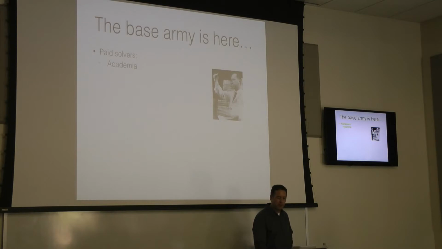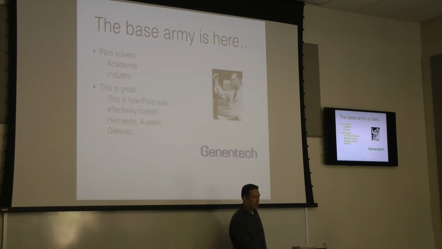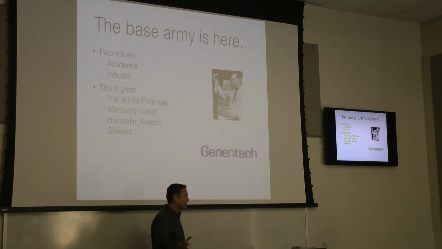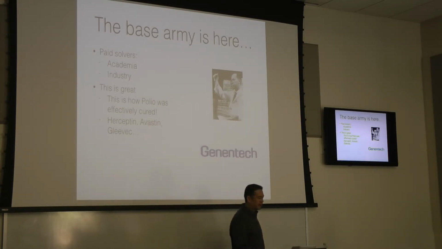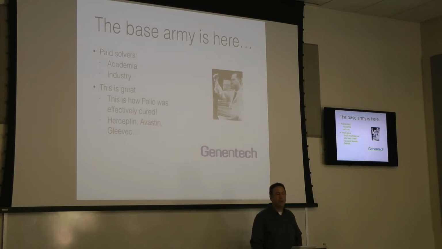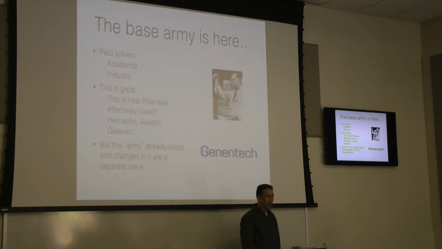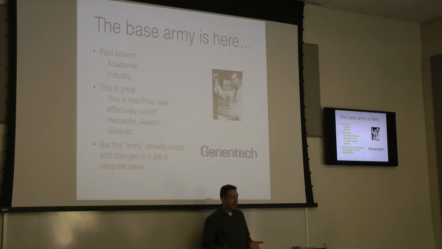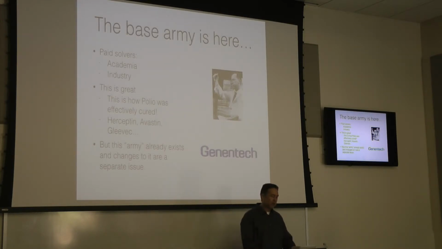This is Jonas Salk, who effectively cured polio, or made it treatable, and the namesake of the Salk Institute in San Diego. And of course, in industry too, Genentech is responsible for a number of drugs like Herceptin and Avastin. There are problems with this. Stuff is very expensive. Nonetheless, in terms of the people out there applying their brains to this problem, there's already a fairly large existing army of problem solvers working on it. Now, there are questions about how things should be funded, about the ratios.